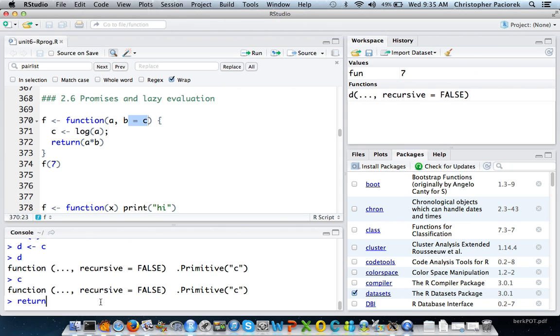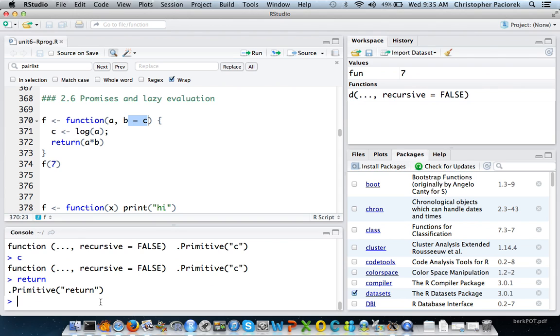So return here is actually a function, and the enclosing environment for the return function is actually C equals log A, and that's why the lookup rule says when I cannot find B, I will find the C defined. Not quite. Think about the problem on the problem set. If we think of return as being a function, where is A times B getting A and B? Not in the enclosing environment, but in the environment from which the function was called,